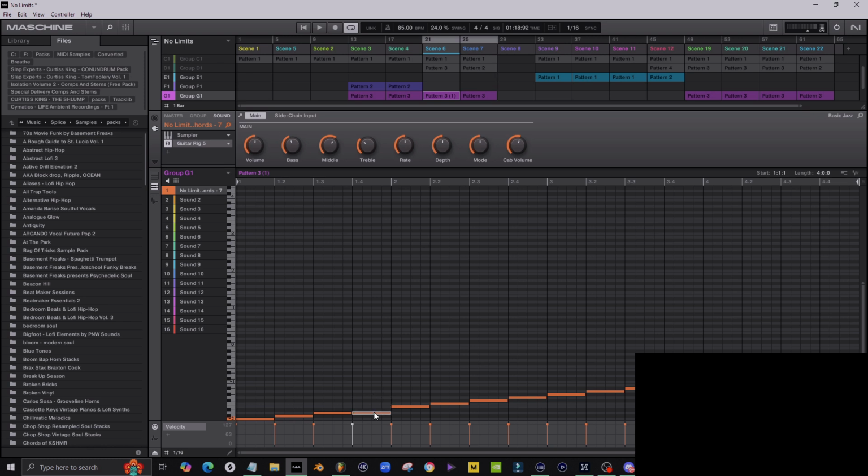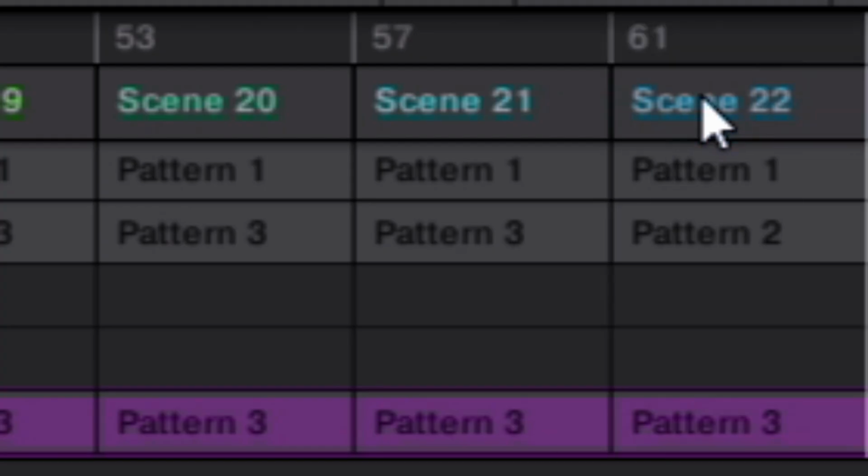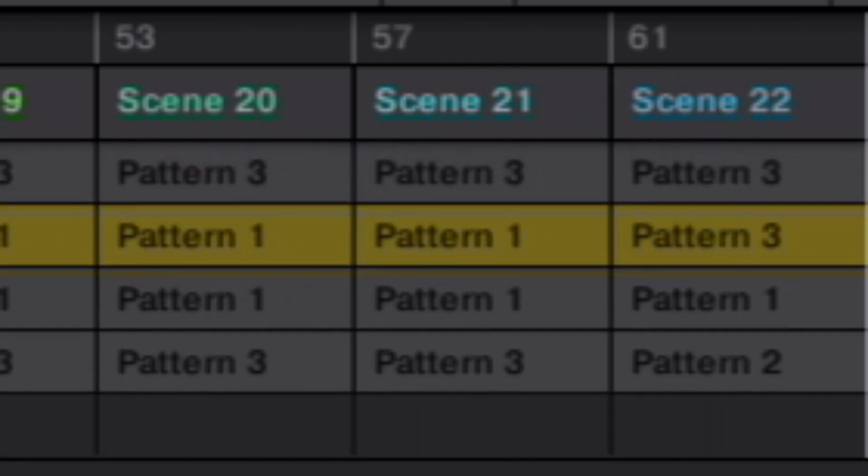Or if I wanted to copy another scene, right? We go to scene, and I wanted just to duplicate the scene over. I don't have to keep putting all of these. As you can see, I have a lot of patterns in each scene. I don't have to set up a new scene and copy each one over. So when it comes to workflow and getting your work done faster, I'm going to give it to Maschine.